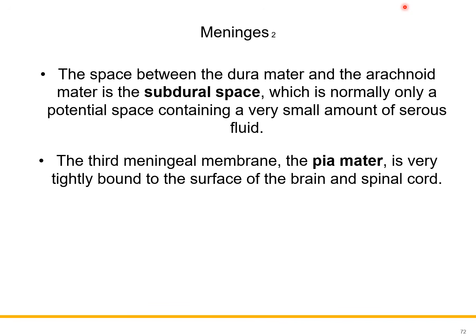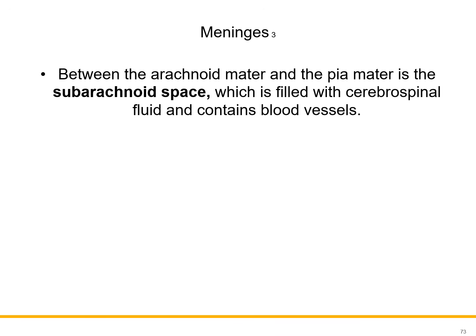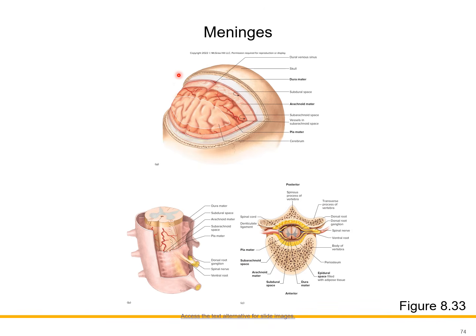The third layer in the meninges is the pia mater, which is directly attached or tightly bound on the surface of the brain and spinal cord. So ang pia mater po, nakadikit daw po siya ng mabuti dun sa brain and spinal cord. Take note though na may space din po bago mag-pia mater sa ilalim ng arachnoid. So this is called the subarachnoid space. Dito po located yung mga blood vessels that would supply the needs of the brain and spinal cord. These illustrations show us the location of all those meninges and spaces.